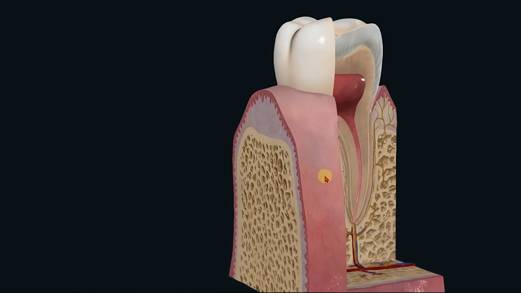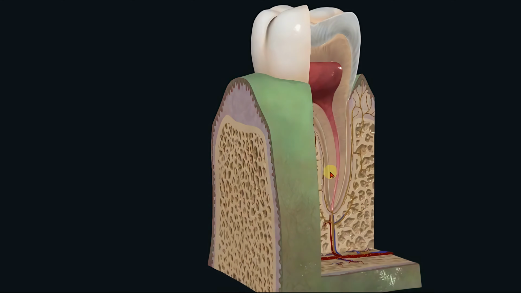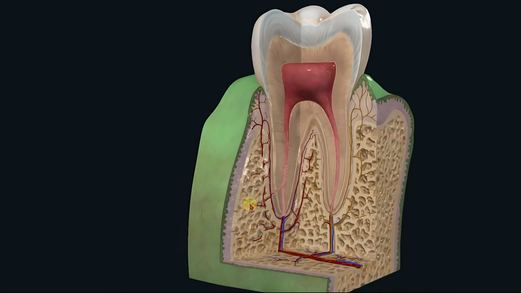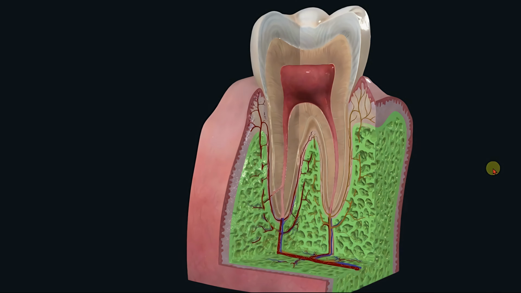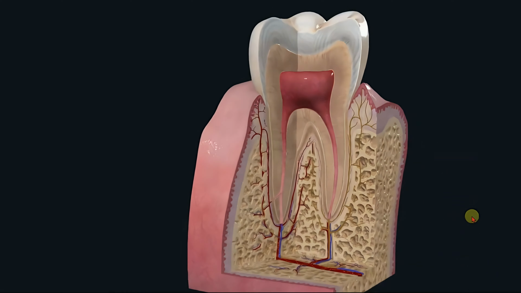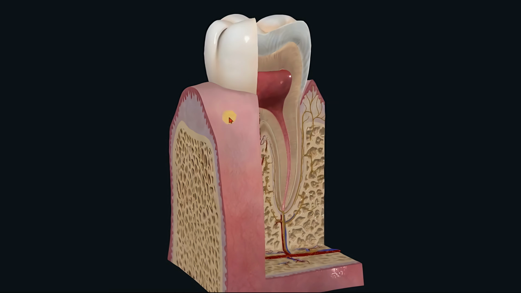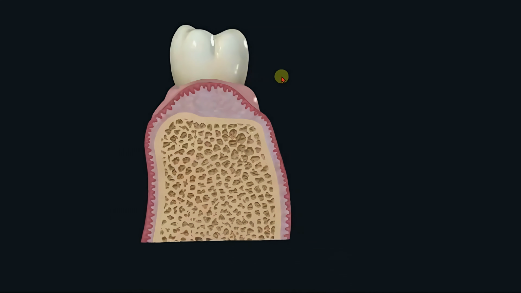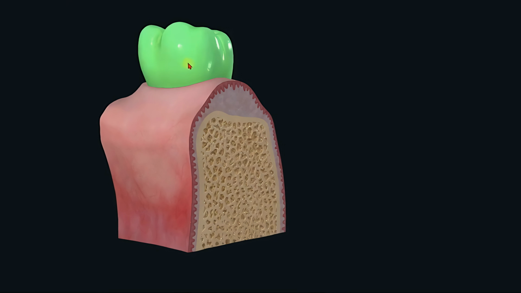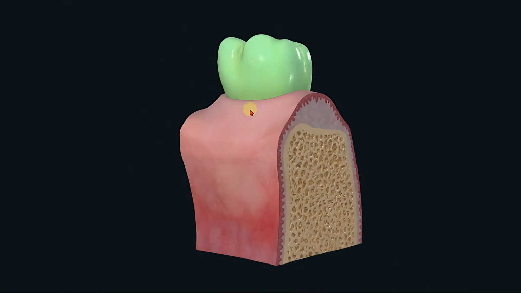The outermost layer you can see, this is the gum. And this area here is the alveolar bone, the bone that holds the tooth root in place. First, let's look at the outside shape of the tooth. Based on its location, we can divide it into three parts. The first part is the one we're all pretty familiar with, the part of the tooth that's visible above the gum. That structure is called the crown.